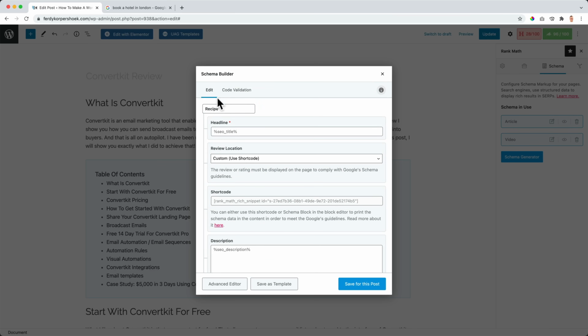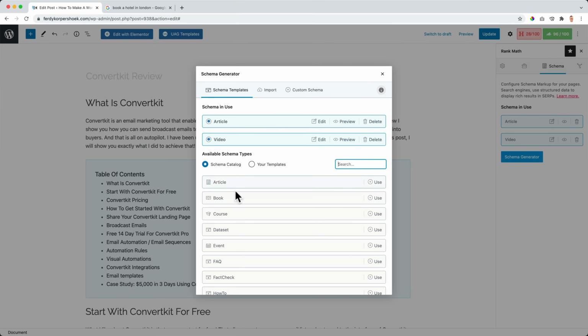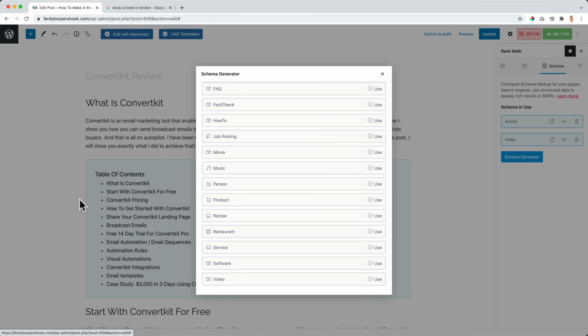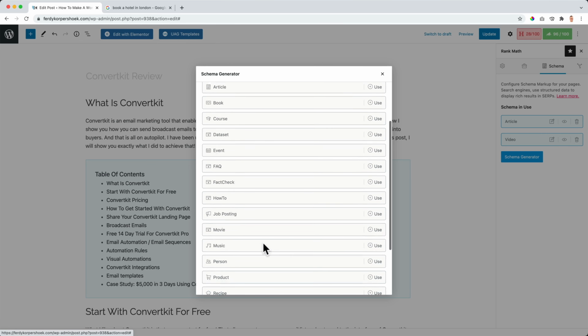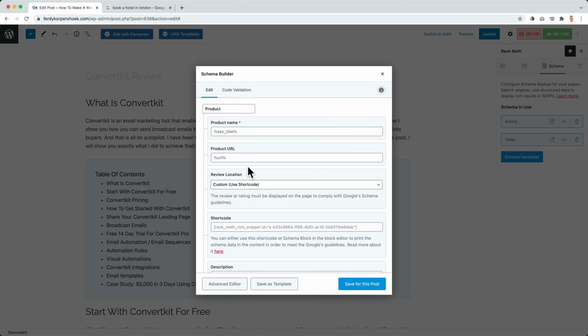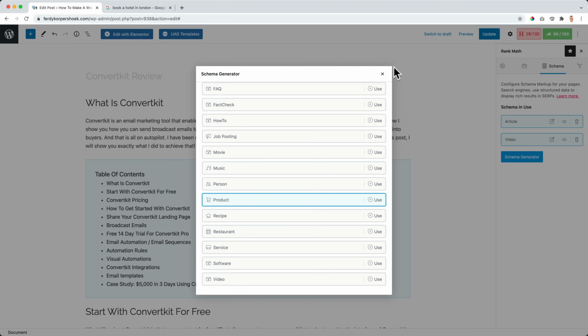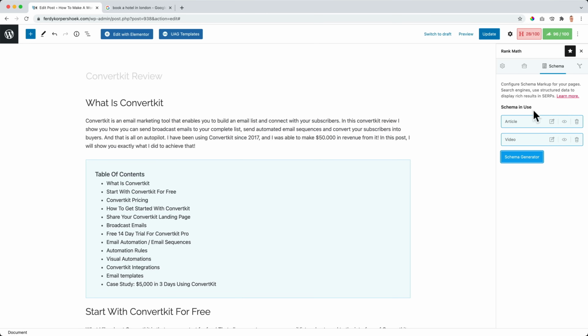So we can select recipe. Let me close it. I don't want to have this, but you can also have something else. So take a look over here. What comes closest to the content you create? And then choose that schema and then fill in all the information. And with the Pro version, you have more options and you can have multiple schema markups.